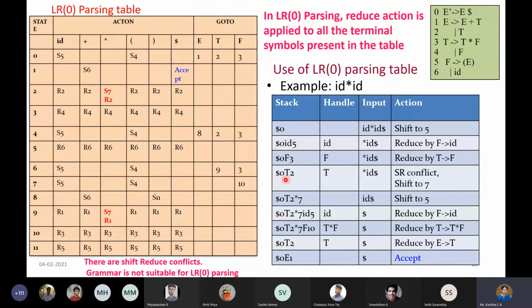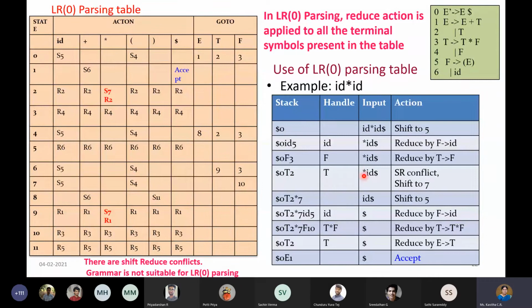Now after that you can't stop there. So after pushing T, what you should do is you see the previous state. What is the previous state? That is 0. At 0 on T, what is the next state? It is 2. Means till you get the next state, you can't process. So you find the next state. At 0 on T, the next state is 2. So now I am at state number 2.